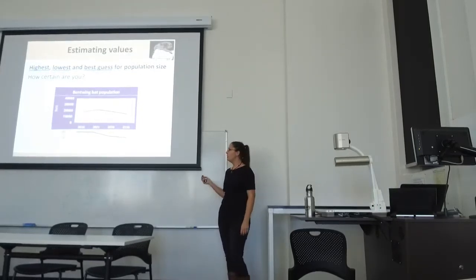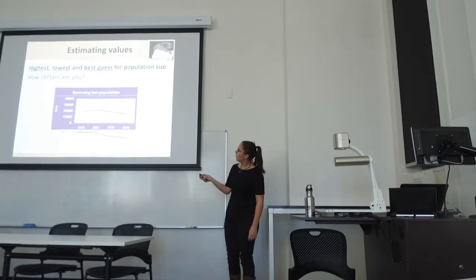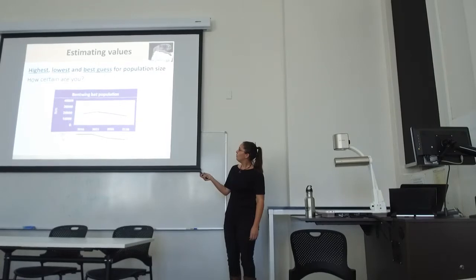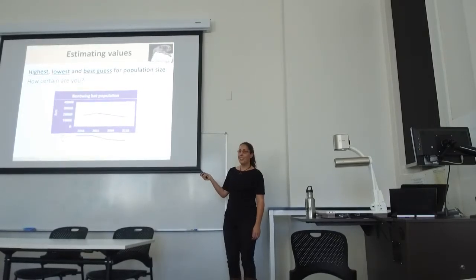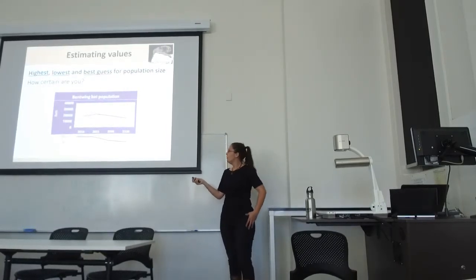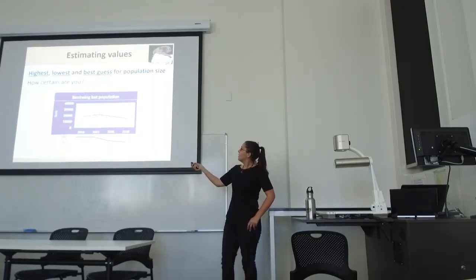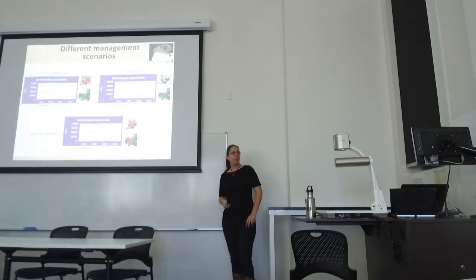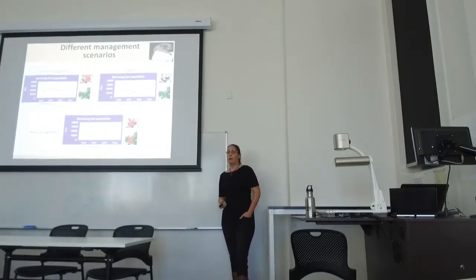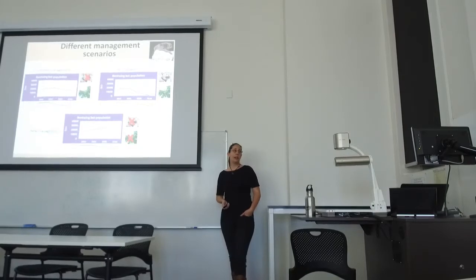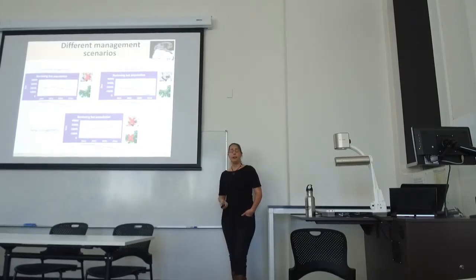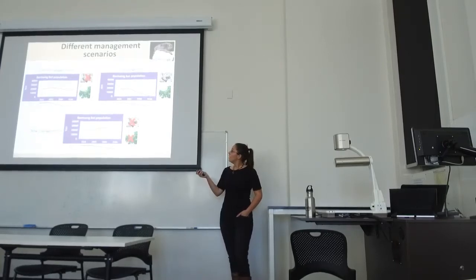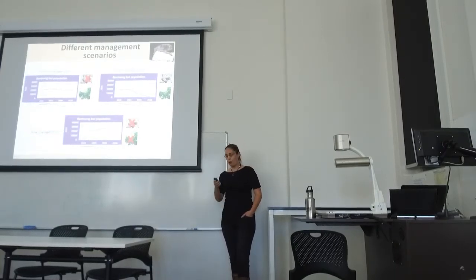And this is a pretty typical example of what we got. In this example they actually have quite good monitoring, so they know what's happening now. As we get further into the future, they start to glare at you for asking them to predict that far into the future, and they get less certain about what's going to happen. We also asked them to run this for 3 different management scenarios: under the current management, under a no management scenario, and under a new management scenario, so whether or not we manage cats, vegetation, or both.